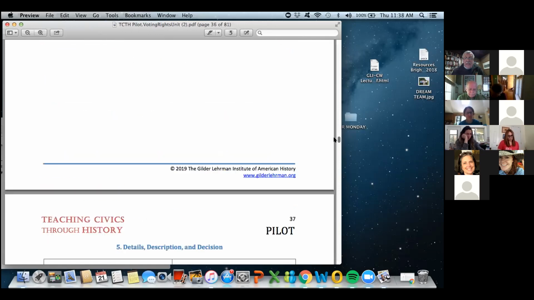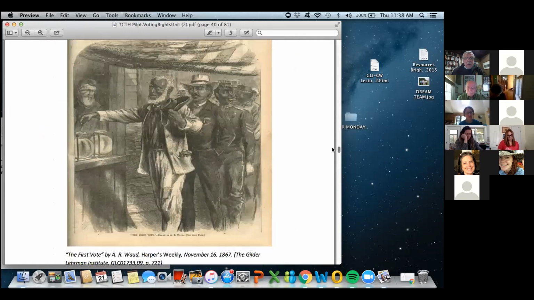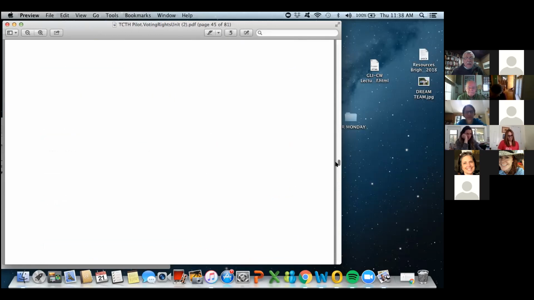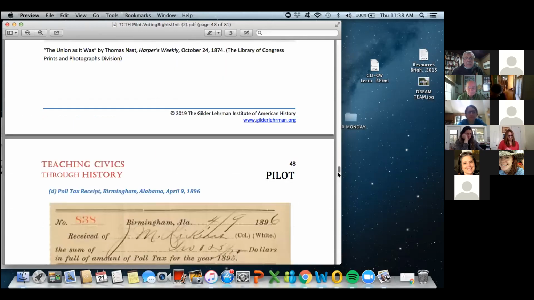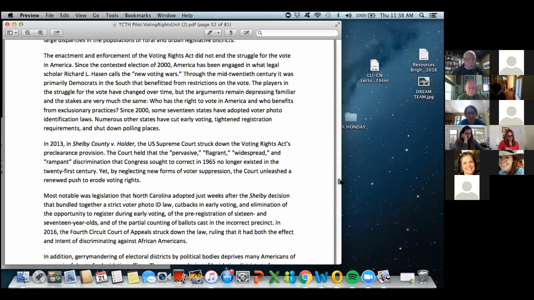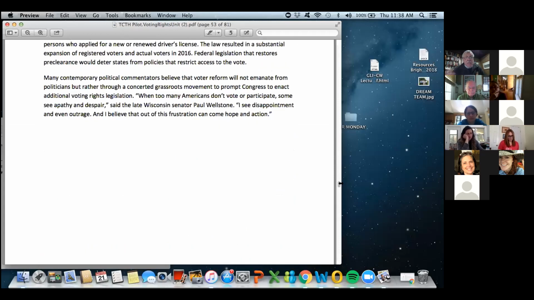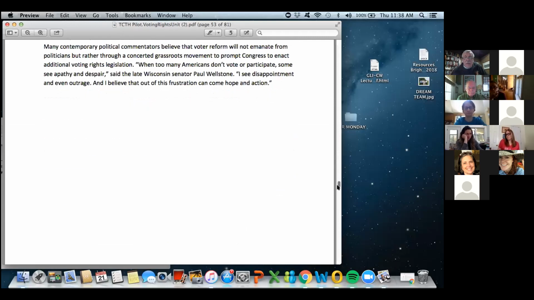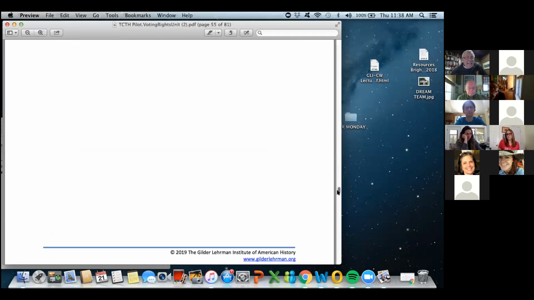Alan Lichtman takes up the argument in the secondary source for us, and sets the tone for how voting dramatically twists and turns and changes in terms of major social movements of the 20th century, not the least of which would be the suffrage movement. Here we are in the 100th anniversary of the 19th Amendment, so the important work around that is being able to explore how that came about.